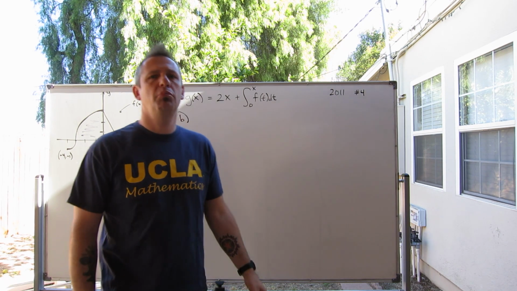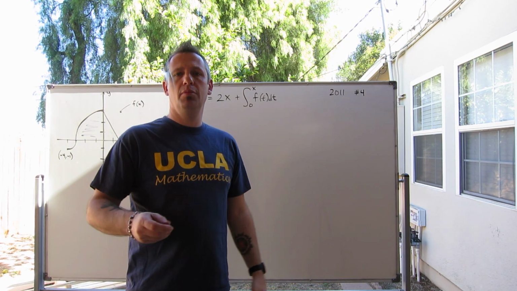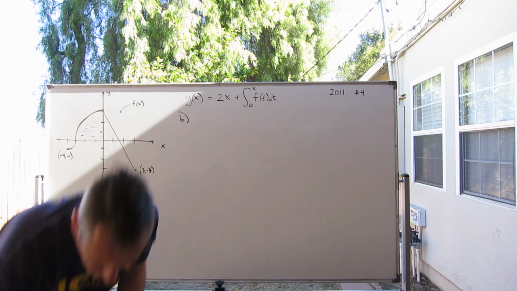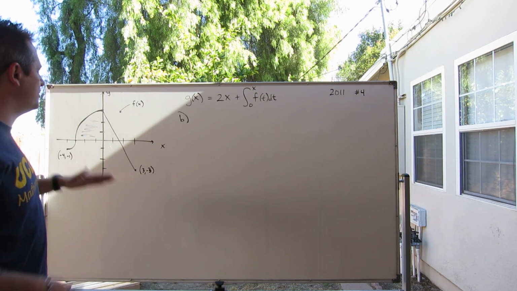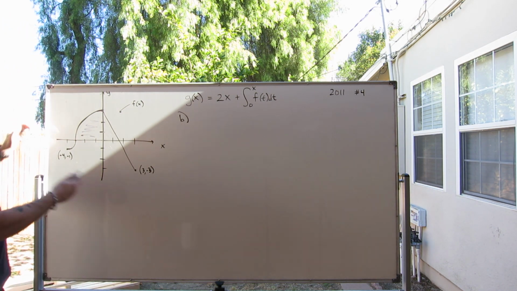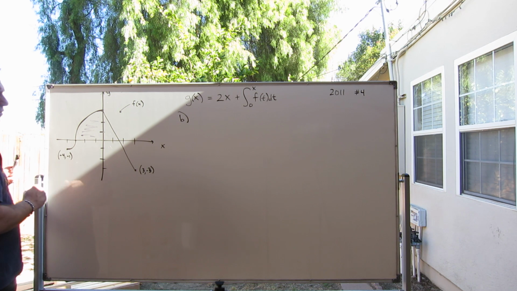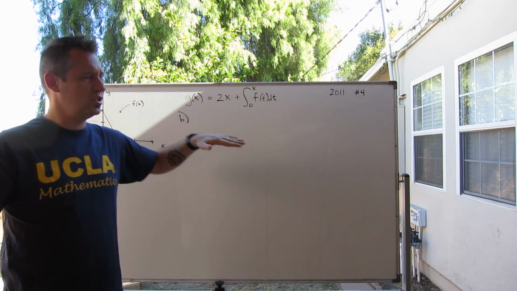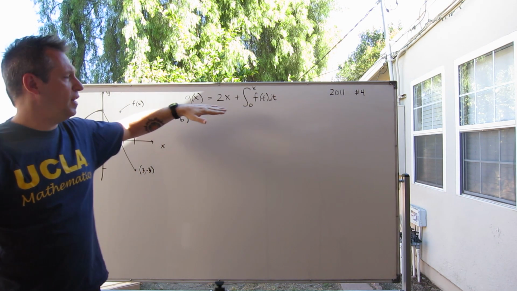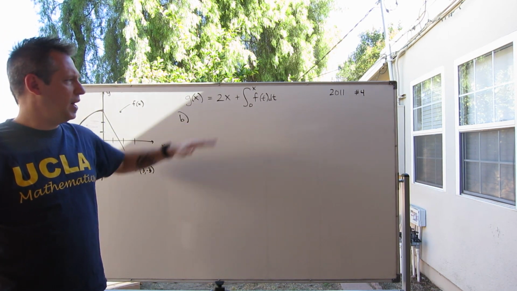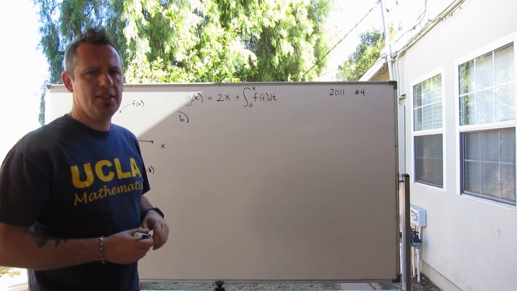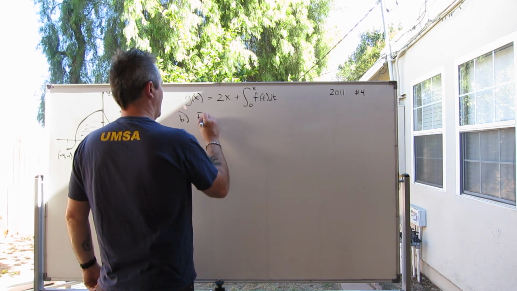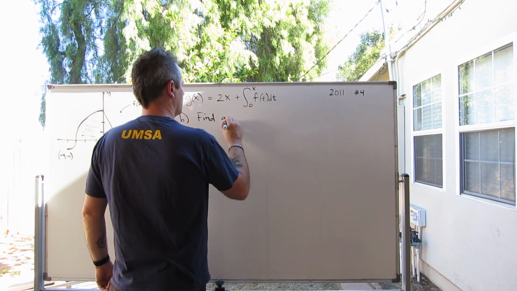We are tackling part B of the 2011 AP Calc BC exam number 4. We have the same setup as for part A. We have this function f of x defined by 2 quarter circles, then a straight line. And we have this function g of x, which is partially an accumulation function for f, but also has this little 2x bit. What part B is asking us to do is to find the absolute max